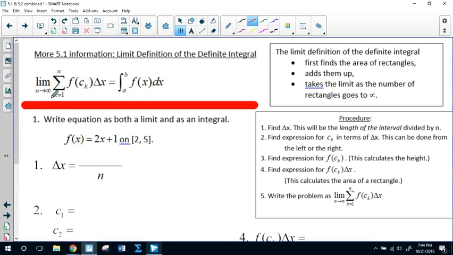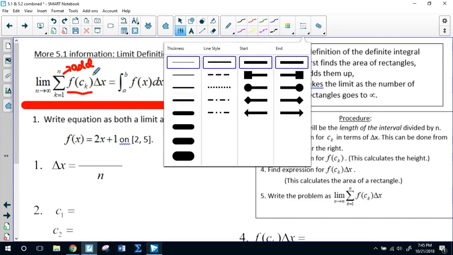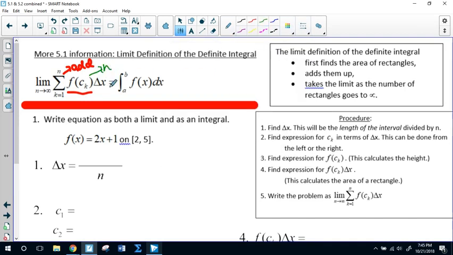If you remember from last year, this sign is the summation sign, this means to add stuff up, okay? So what you're adding is you're adding up rectangles. So this piece here, the lovely f of c_k, which is what they call it, I would not have chosen that. That is the height of your rectangle, and then delta x, that would be the distance along the x-axis. That would be like the width or the base of your rectangle. So you're doing base times height, then this is adding them up,